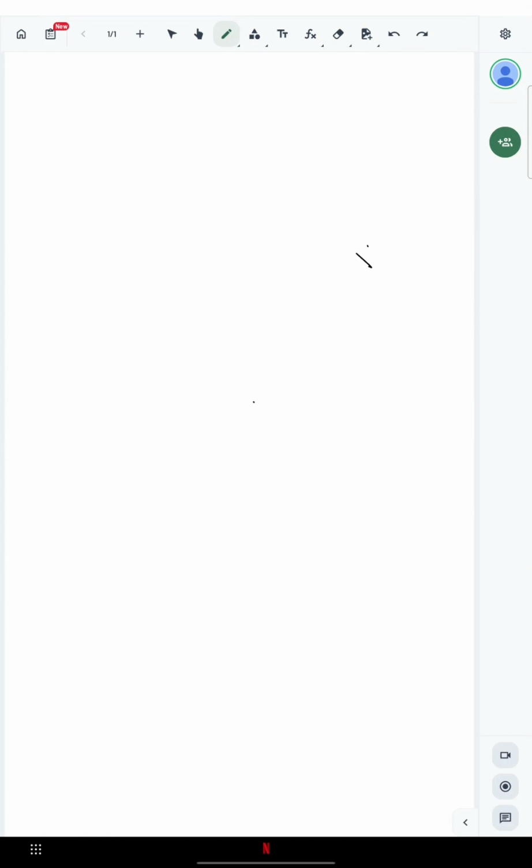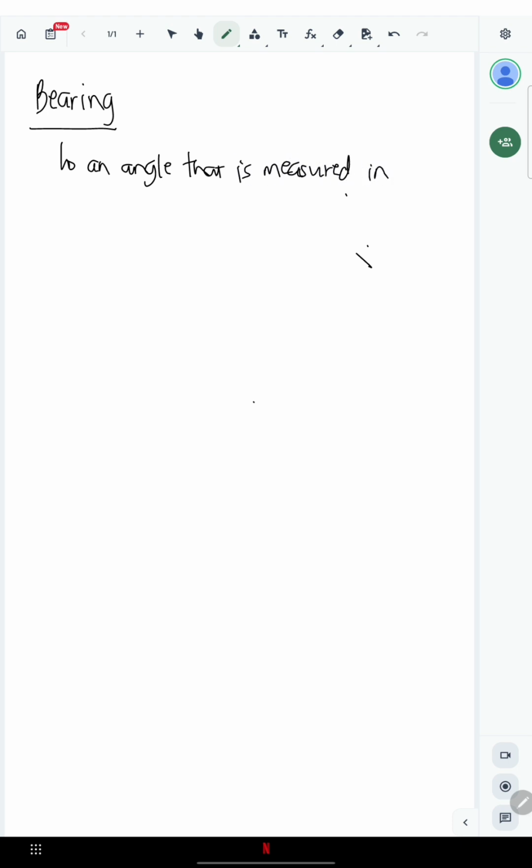Again, so we are here having our lesson, and it is about bearing. Okay, so what do we mean by bearing? So this is an angle that is measured in degrees